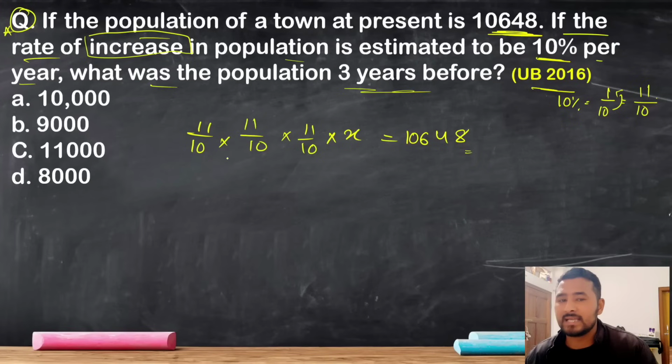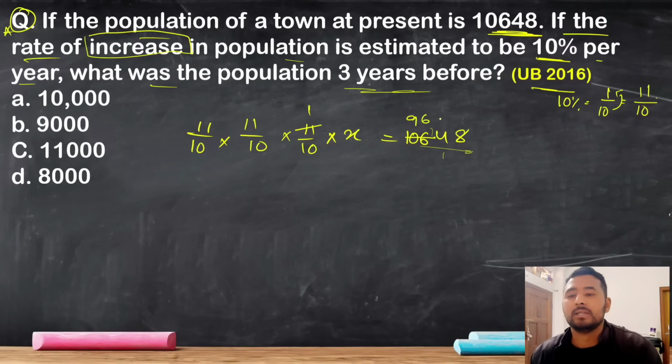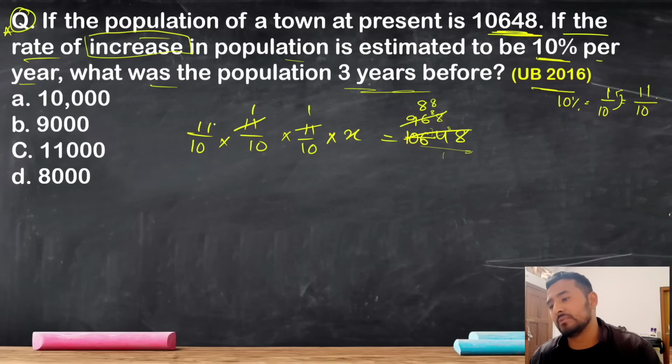Now what you will do, like I said, numerator and denominator can be cancelled, right? If nothing is there, you can write 1, so cancel 11, 1, shortcut. Okay, 11 9 is 99, remaining will be how much? If you subtract 99 from 106, you'll get 7, so it will be 74. Again, 11 6 is 66, then 8, so it will be 88. Then 11 8 is 88. 11 into 968 is 10648. Now 11 1, again 11 8 is 88, the remaining 8 will go here. You cancel anywhere, whatever way, the easiest way you can.